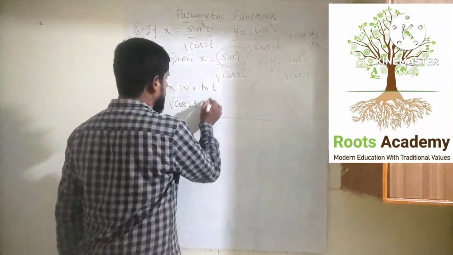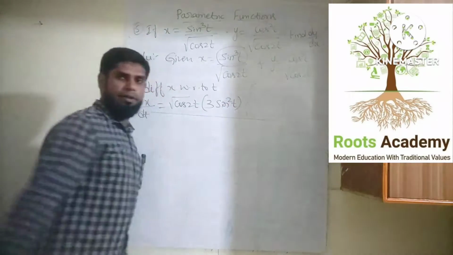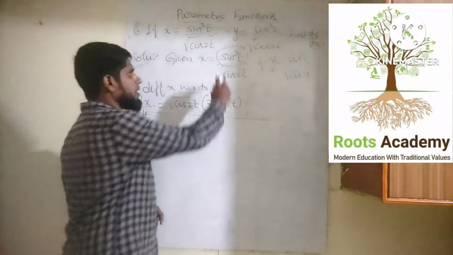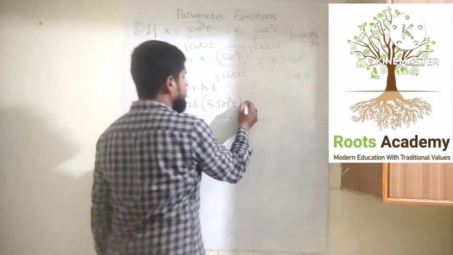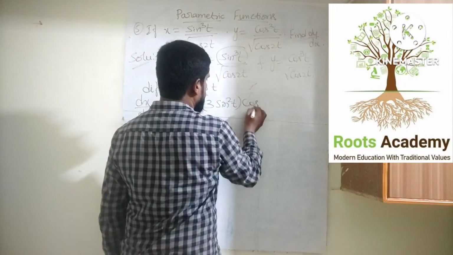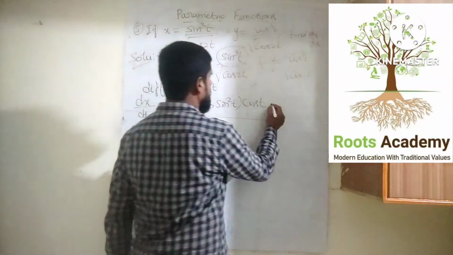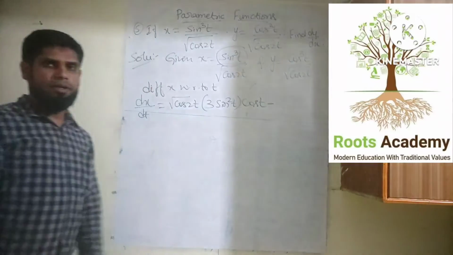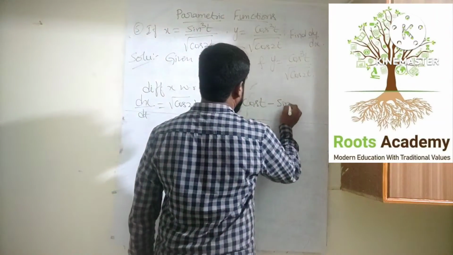It is 3 sine square t into the derivative of sine t. We are using chain rule here. So the derivative of sine t is cos t, minus sine cube t,